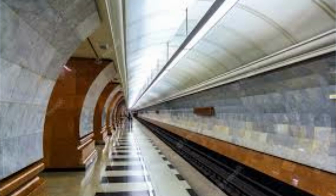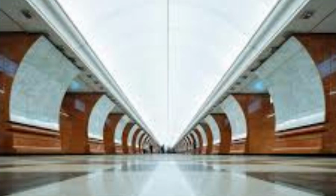Park Pobedy Metro Station. Park Pobedy, lit. Victory Park, is a station of the Moscow Metro in the city's Dorogomilovo district. It is on two lines, the Arbatsko-Pokrovskaya line and the Kalininsko-Solntsevskaya line. At 84 meters, 276 feet, underground, according to the official figures, it is the deepest metro station in Moscow, and